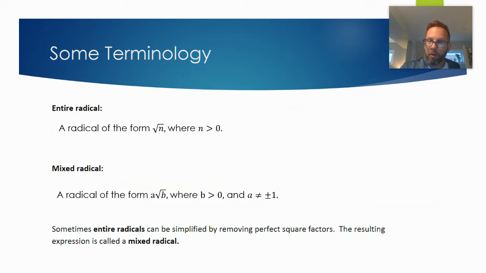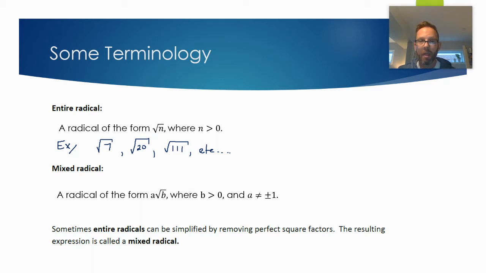Other pieces of terminology. You guys want to get these down? An entire radical is a radical of the form root n, where n is greater than 0. So just below that, just some examples. Entire radicals like root 7, root of 20, root of 111. Those are all examples of entire radicals because it's just the root of some integer, and the integer has to